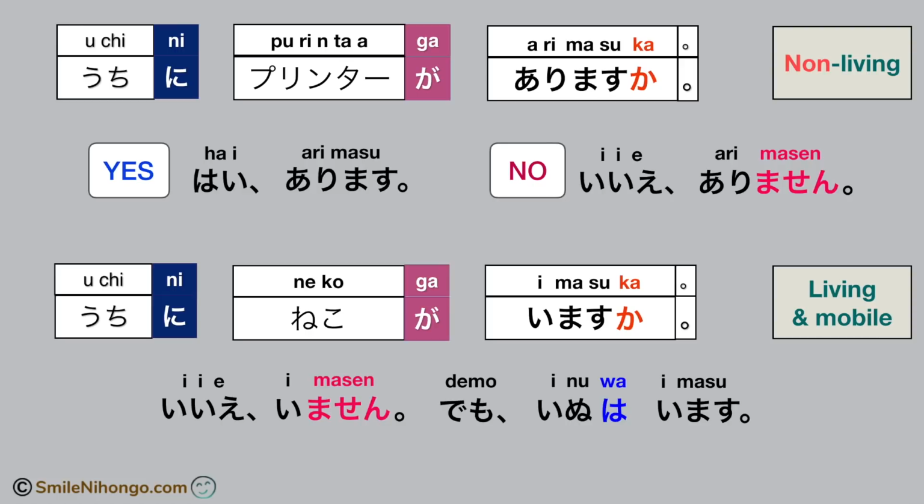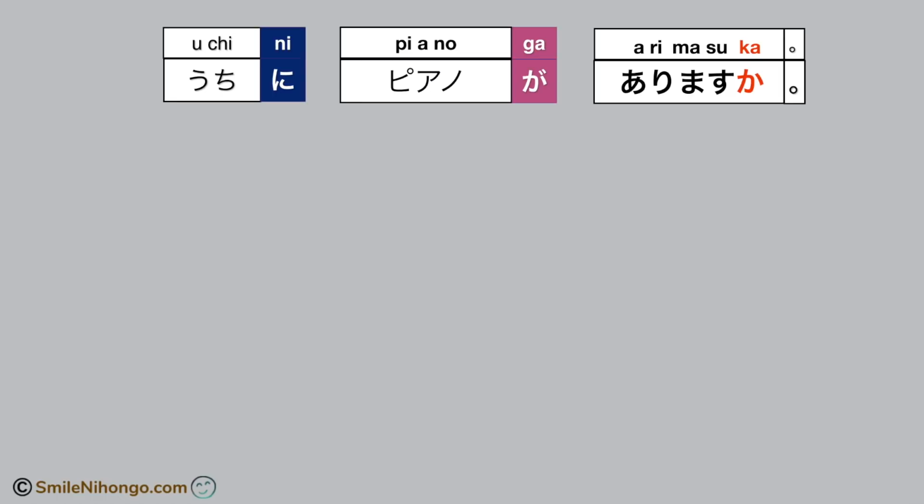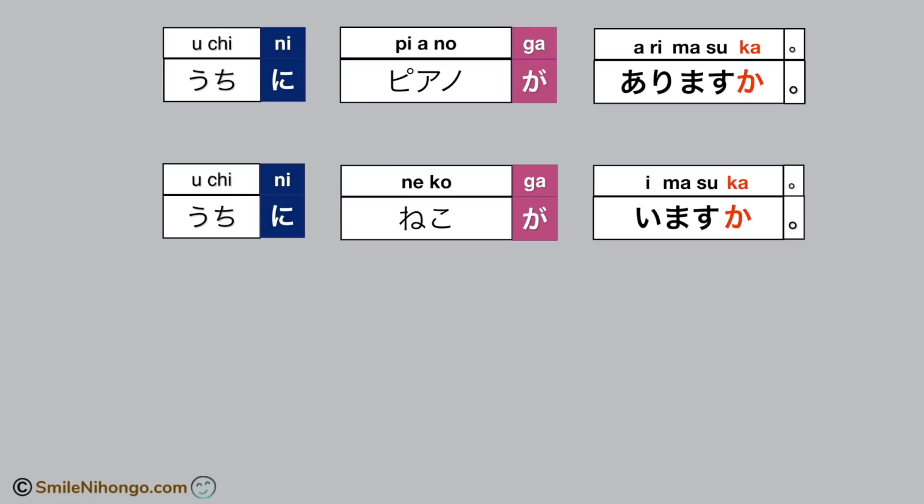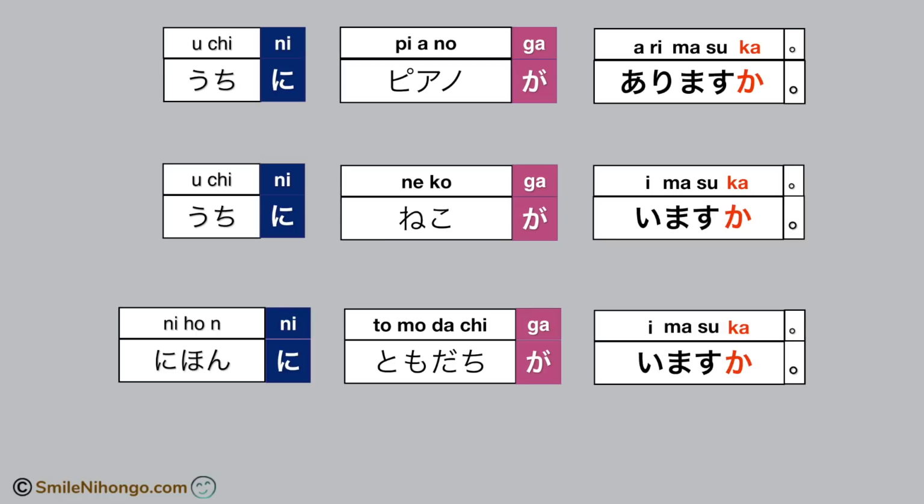よくできました。Well done in today's lesson. I hope now you feel comfortable using あります and います to express the existence of things in your life. Okay, to wrap up today's lesson, I'm going to ask you 3 questions, okay? Can you answer these questions? You can leave your own responses in the comment area. うちにピアノがありますか？うちに猫がいますか？日本に友達がいますか？